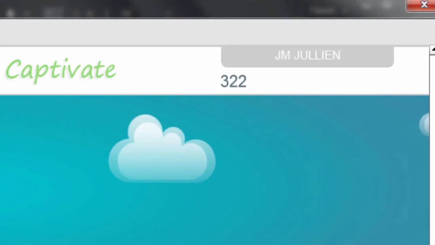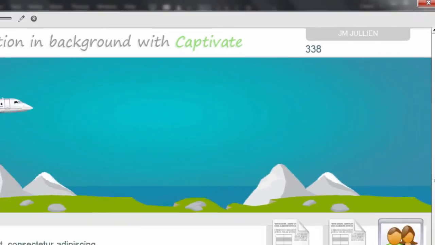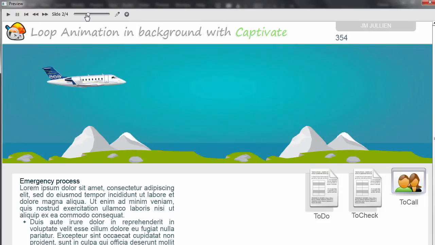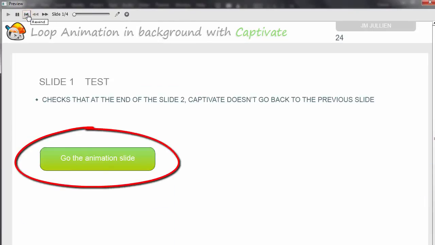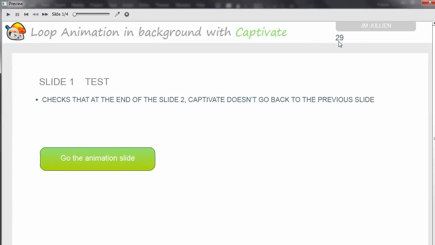I don't know if it's a Captivate default, but we can find the right frame number in spite of that by using, for example, a button as I did on the previous slide, that we stop at the place we want in order to identify at which frame we are. Here, if this line ends at frame 29, we can logically estimate that my second slide begins at frame 30. By knowing that now, it's easy to report this figure in the script enabling my animation slide to run in loop. Let's look at the script now.